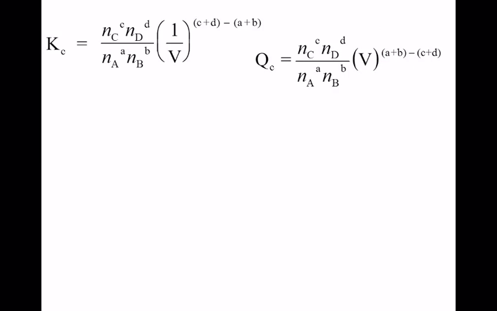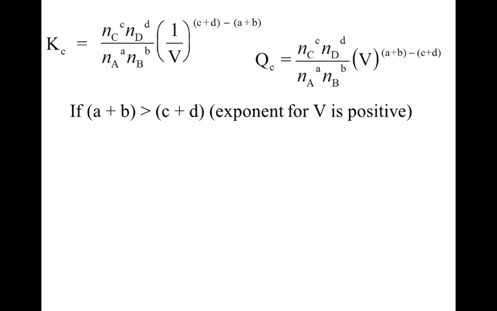But before we think through this, I actually did kind of a fast one. We talked about reaction quotients on Monday. That's a snapshot. Reaction quotients take on the same form as your equilibrium constant expression, but it's a Qc. It's not necessarily at equilibrium. So I substituted a reaction quotient there. Now, let's think through this. If the power of volume, which is quantity a plus b minus quantity c plus d, is positive,